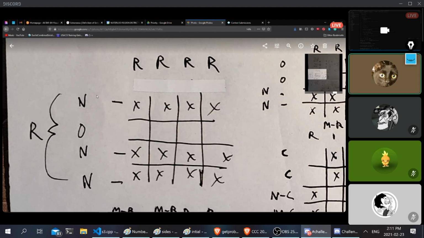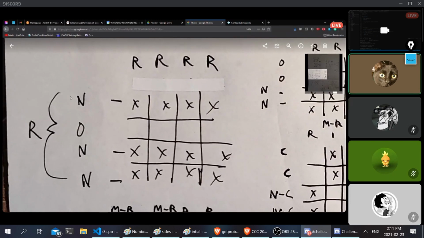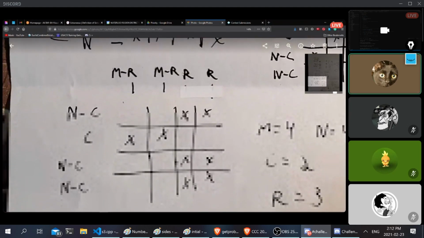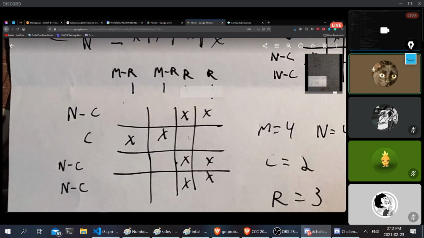So I was looking at it, and you just need to find the sum rather than the actual organization. So I was thinking about how to not store the entire grid. And the first thing that I thought about was how it doesn't matter the order in which you flip them. So if you flip like these three and then these two here,